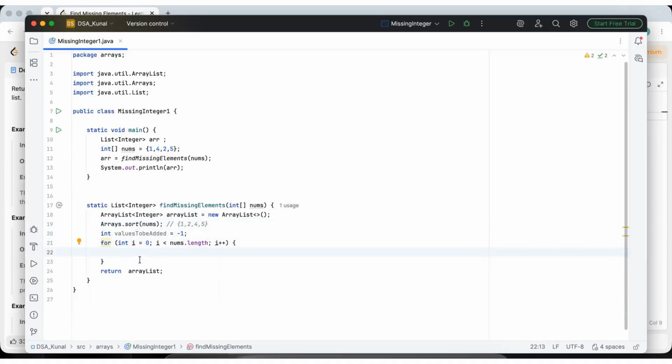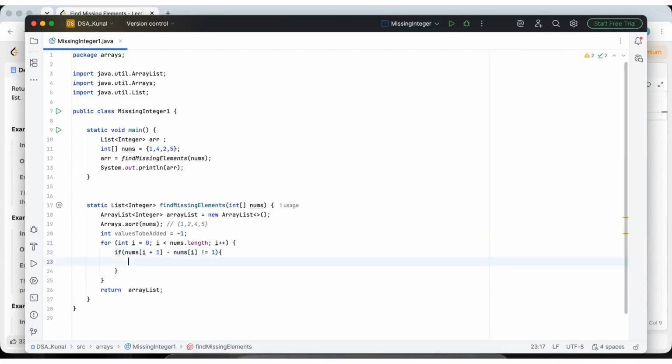Now our agenda is to get the difference of the elements. Think about it: 2 minus 1 should always be 1, then it's okay. But 4 minus 2 is 2, so we have a gap of one element there. We need to identify that gap. So we will compare: if nums[i+1], that means the next digit, minus nums[i], which means the current digit, is not equal to 1,